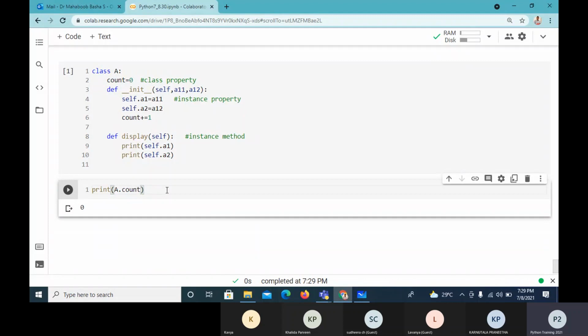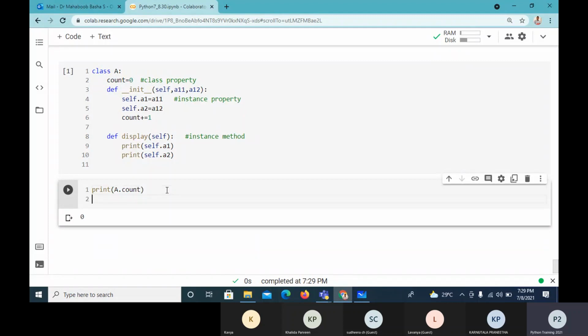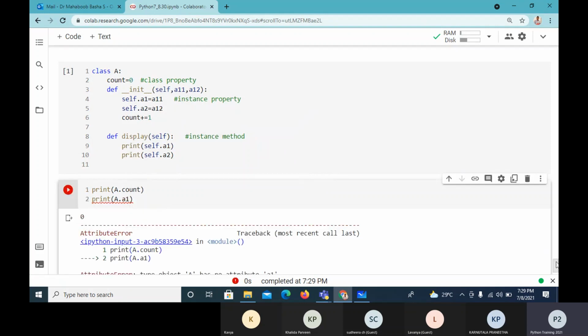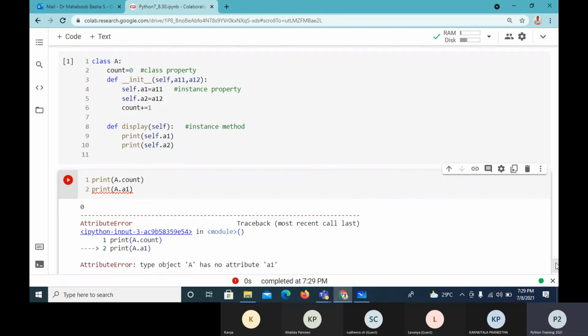So irrespective of the number of instances, there will be one copy. Now, if I try A.A1, it will not be there because no instance is created. That variable will not be there. So it is an error, because we cannot refer to an instance property with the class name.